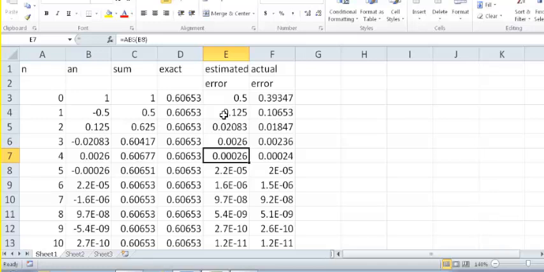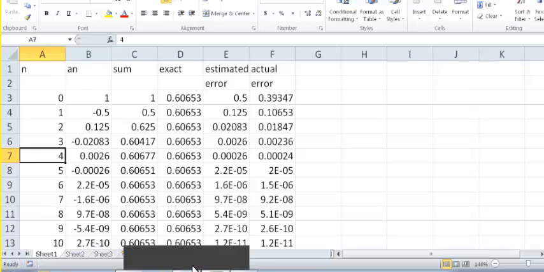And then it says use a graphing utility to approximate the sum of the series with an error of less than 0.001. So this would be the value with an error of less than 0.001. And it is. Here's the actual error, which is less than 0.001, 0.00024. So this would be our part B answer. And our part A answer is 5 terms, since we started at 0. So the answers are